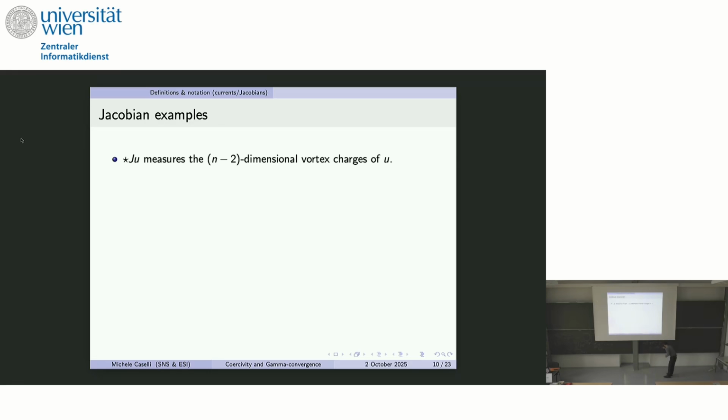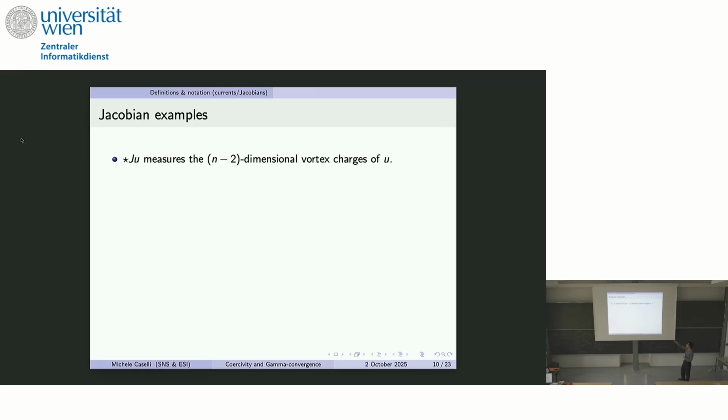Then star J is du1 wedge du2. Okay, so this is really the Jacobian in the sense of determinant. But now the point is, where u is smooth and S1 valued, these two guys are parallel, and so this is zero. So the Jacobian, in some sense, is detecting the singularities of u, but is only detecting the n-2 dimensional singularities